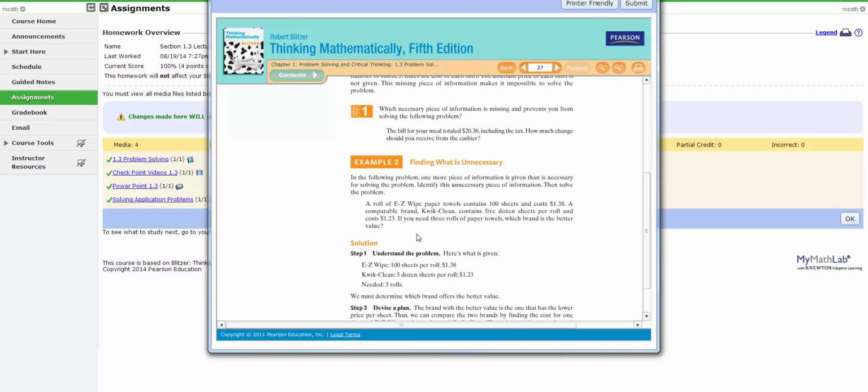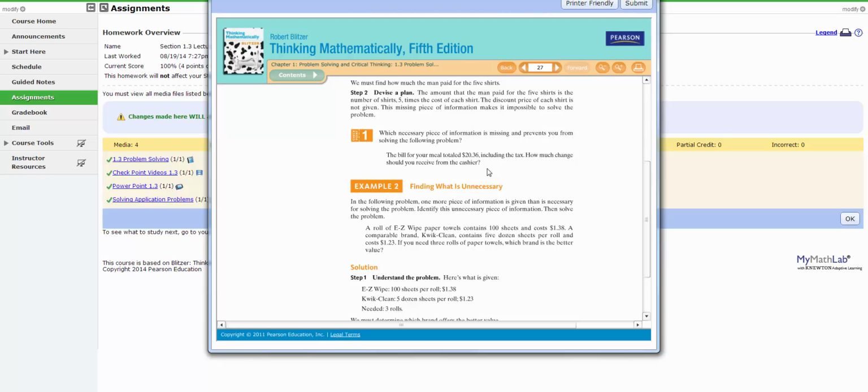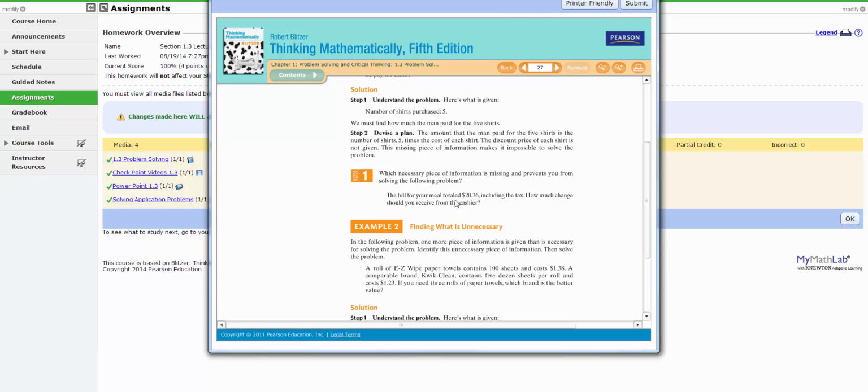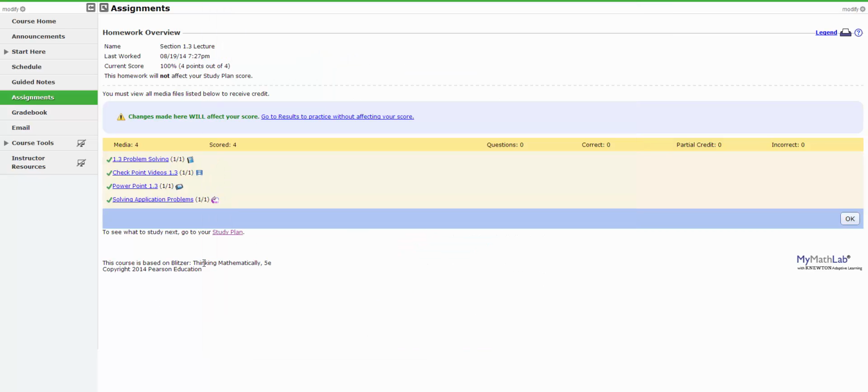So how do you know you've done your answers right to the checkpoint problems in your guided lecture notes? How do you know you're even remotely doing it right if the answer is not here? Well, that's something that's easy to check. When you are in the lecture assignment, you clicked on the ebook. The second tab is the checkpoint videos. Click on the checkpoint videos,